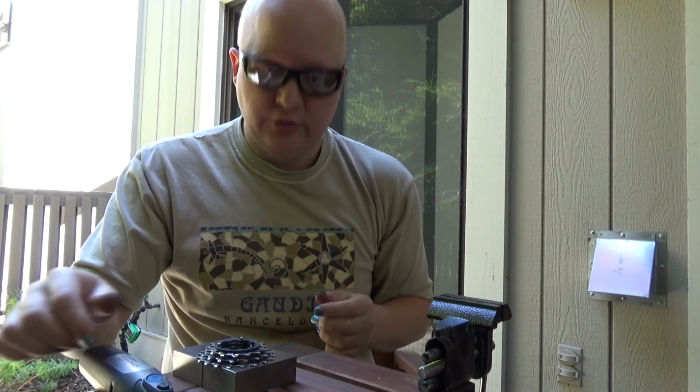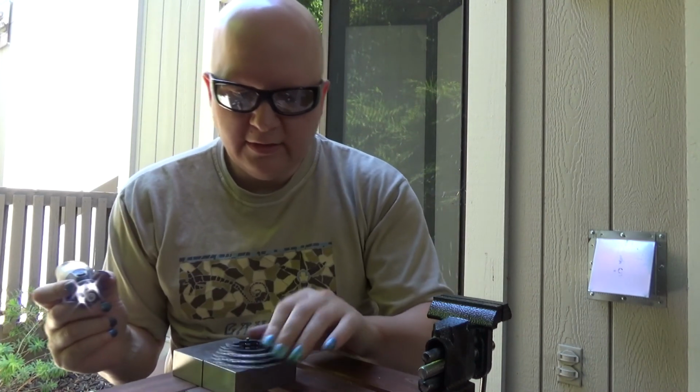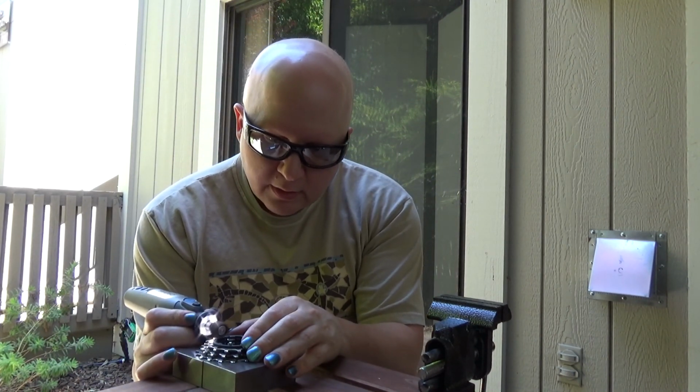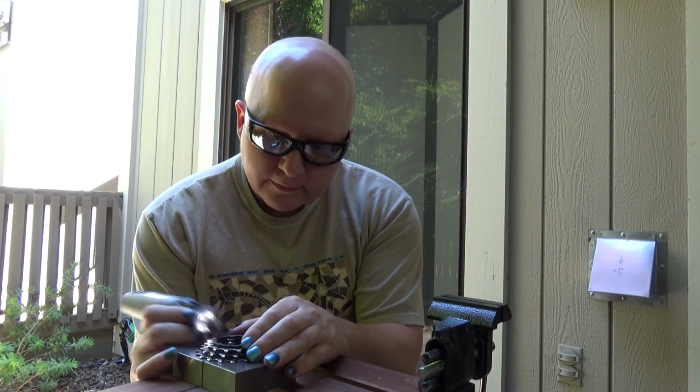So, I could have cut these a bit shorter, but I didn't. I'm going to take this first one down a little bit too, just to flatten it off. Make sure that...